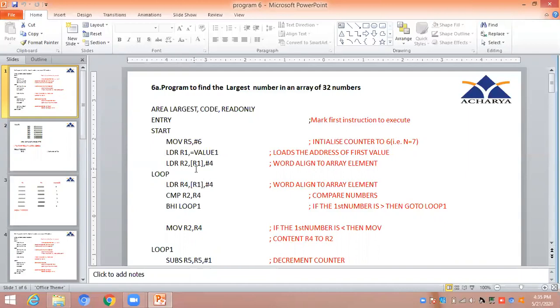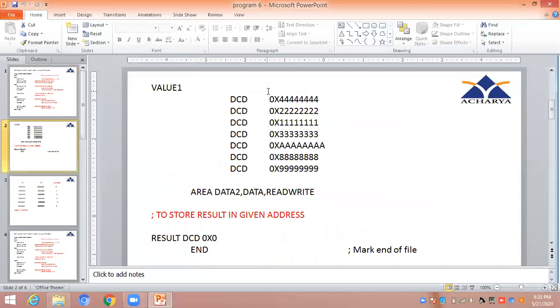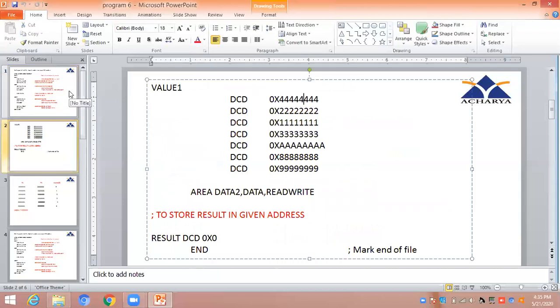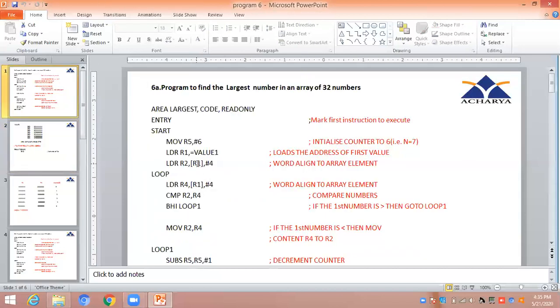Now let's take that address and the contents present in it. What is the content present in the first address? It is actually 4444. This content 4444 will be loaded to R2, and after that, the address will be incremented by 4. You have seen pre-index with write back, pre-index and post-index. This is a post-index.